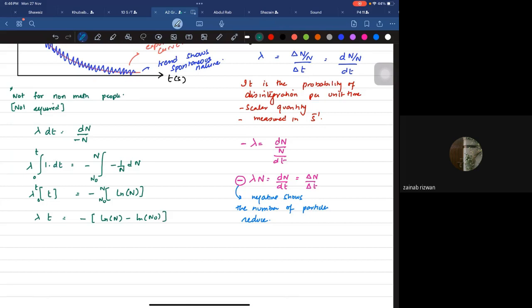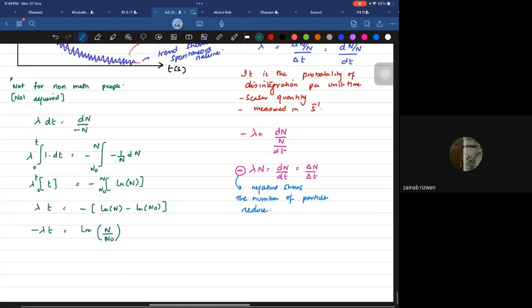All right, kids, ultimately you can bring the negative on that side. This will bring us into, because this is the function here of log, so we can put it like this, and from here we can take exponent,